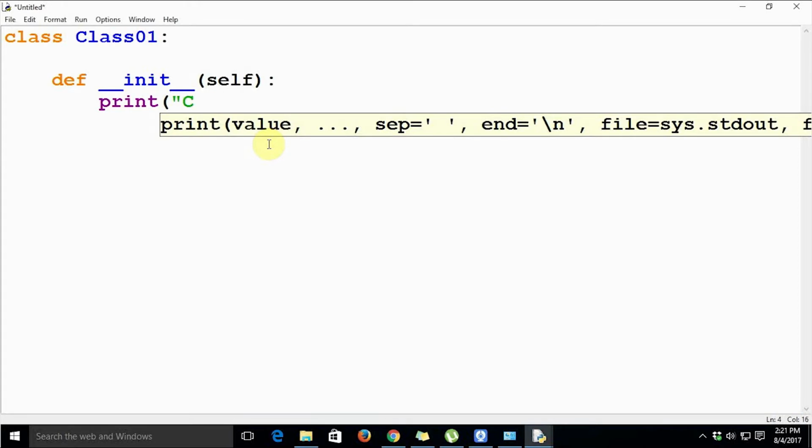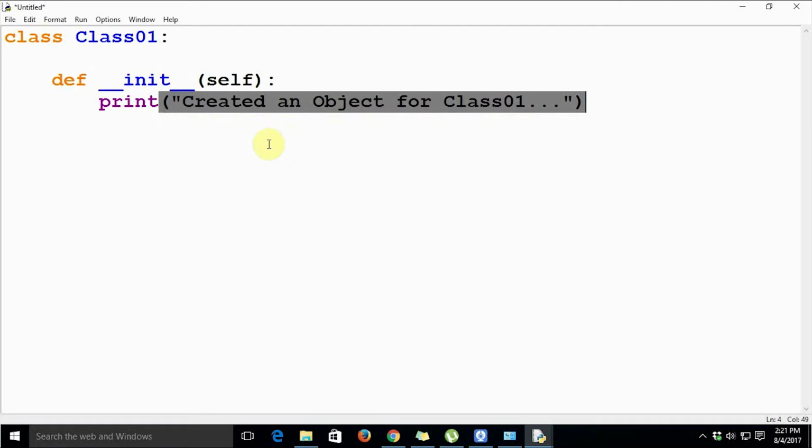Let's say created an object for the class 01. That's it, and that will be the end of class 1.